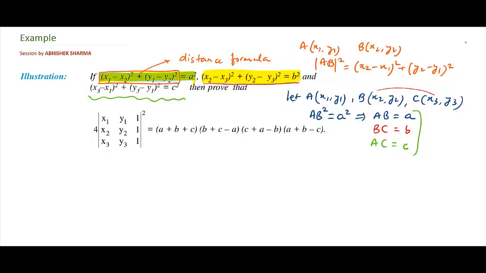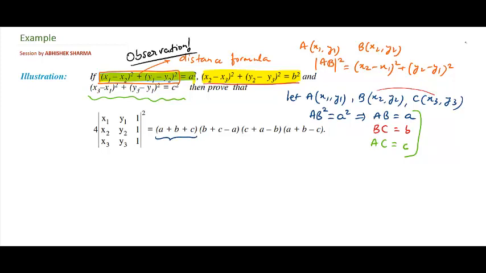So now the trick is as usual, which I told you will always work in most of the cases, is observation. This is the secret of solving this question, observation. So the first observation I made was a distance formula. Now if I look at the right side of the determinant,